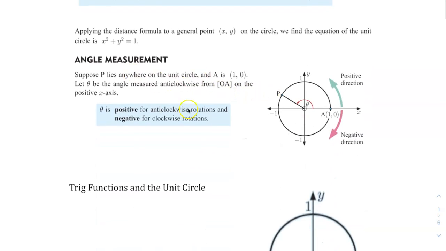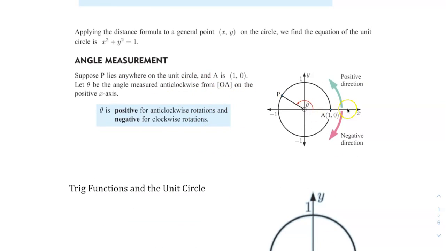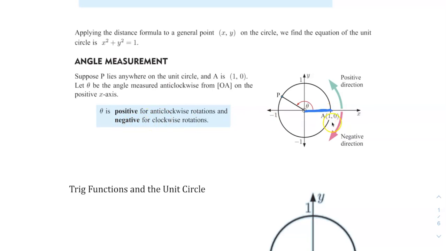Now we use the unit circle to find measurements of angle. So what we do is we start at the x-axis. It's like 0 right here. That's where we start. And then if we want a positive angle, we go counterclockwise, or anti-clockwise. So we go this way. If we have a negative angle, we go clockwise. For example, if I want you to graph, let's say, 120 degrees,